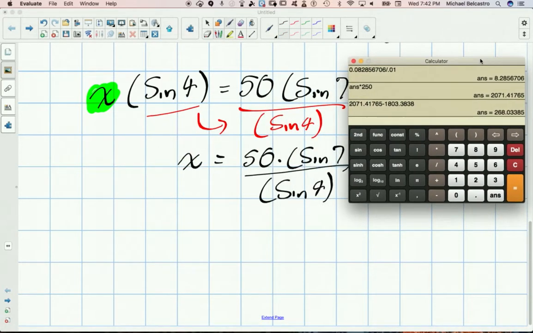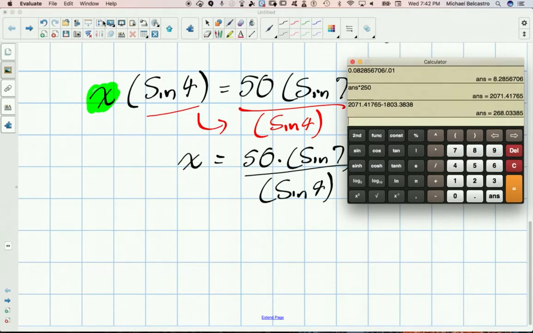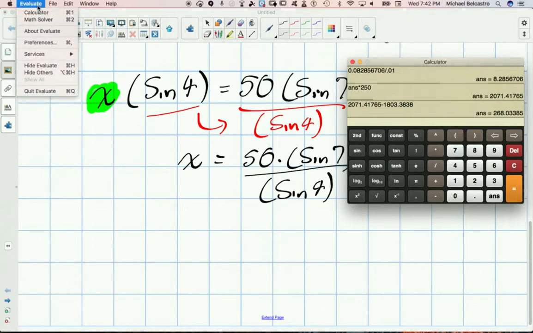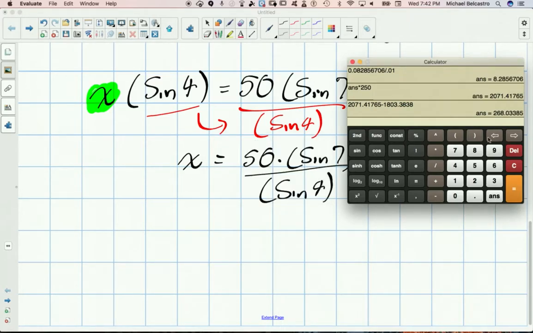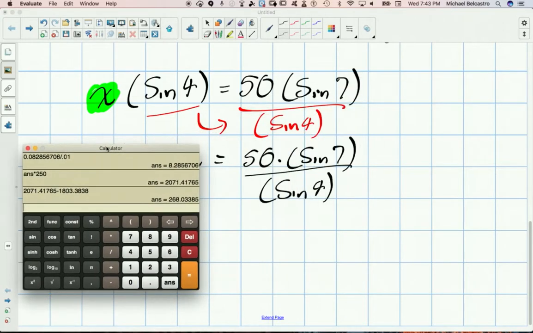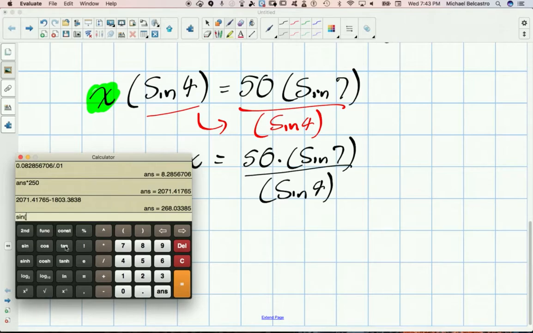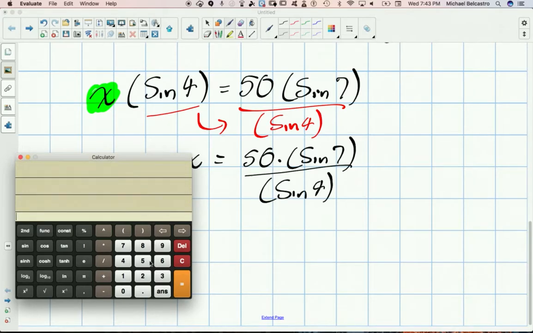Oh shoot, this one's sometimes in radians. See if that takes. Sometimes that doesn't take. Sine of 7 degrees. Actually, it's written the other way. Yeah, clear everything. 50 times sine of 7 degrees. We'll do this in our first shot. Is equal to